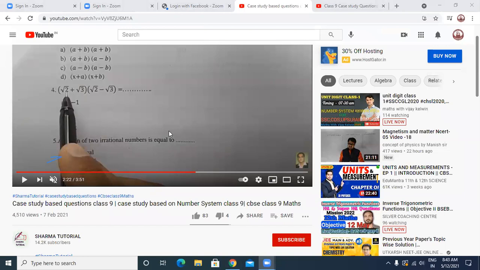Yes, Jatin? Your voice is not clear. Ma'am, root under root 2 square, and under root 3 square. You don't put any sign in between these two terms. Is there any sign between them? Root 2 square minus root 3 square. And the answer will be,